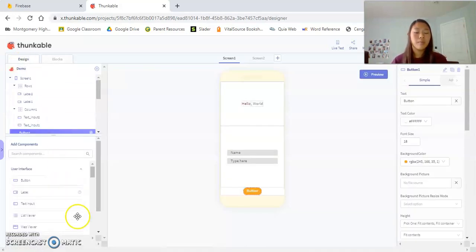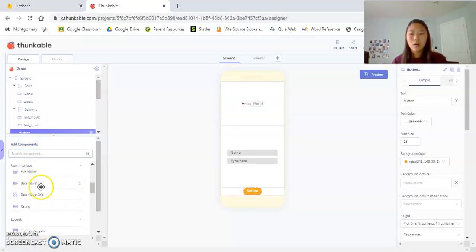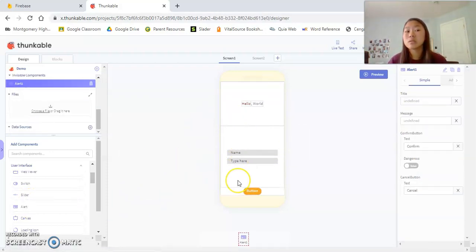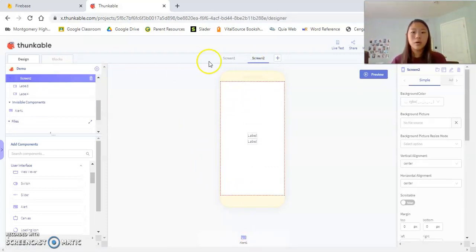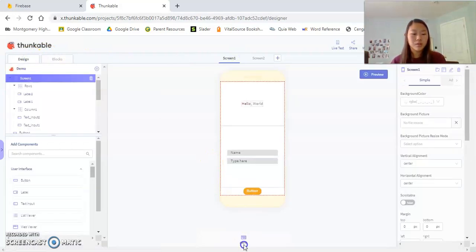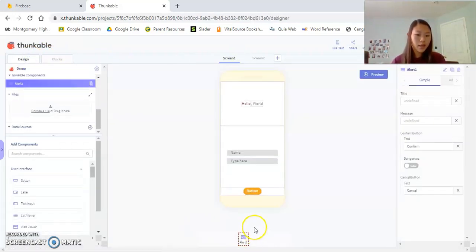There are also invisible components that you might want to use. For example, you have alerts. So maybe the user does something and you want to show an alert. All you got to do is drag it to the screen. It won't actually show up on the screen because it's invisible. It'll show up at the bottom, and here's your alert. So when you want to show the alert, you can call it something, maybe like an incorrect password,